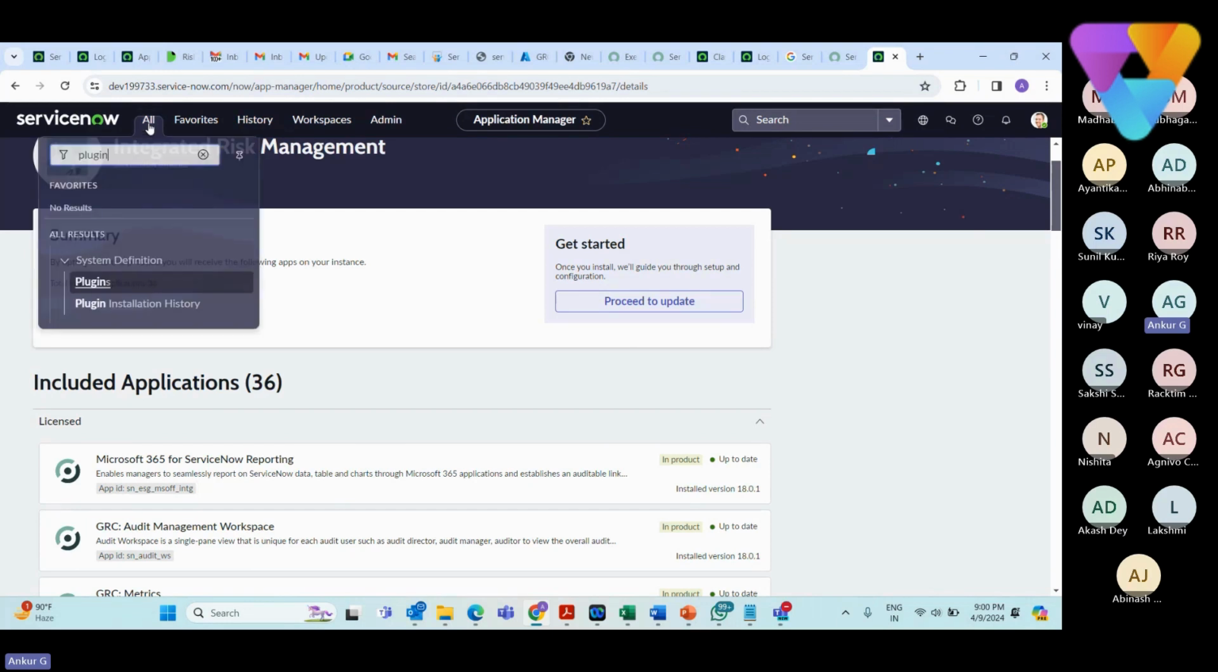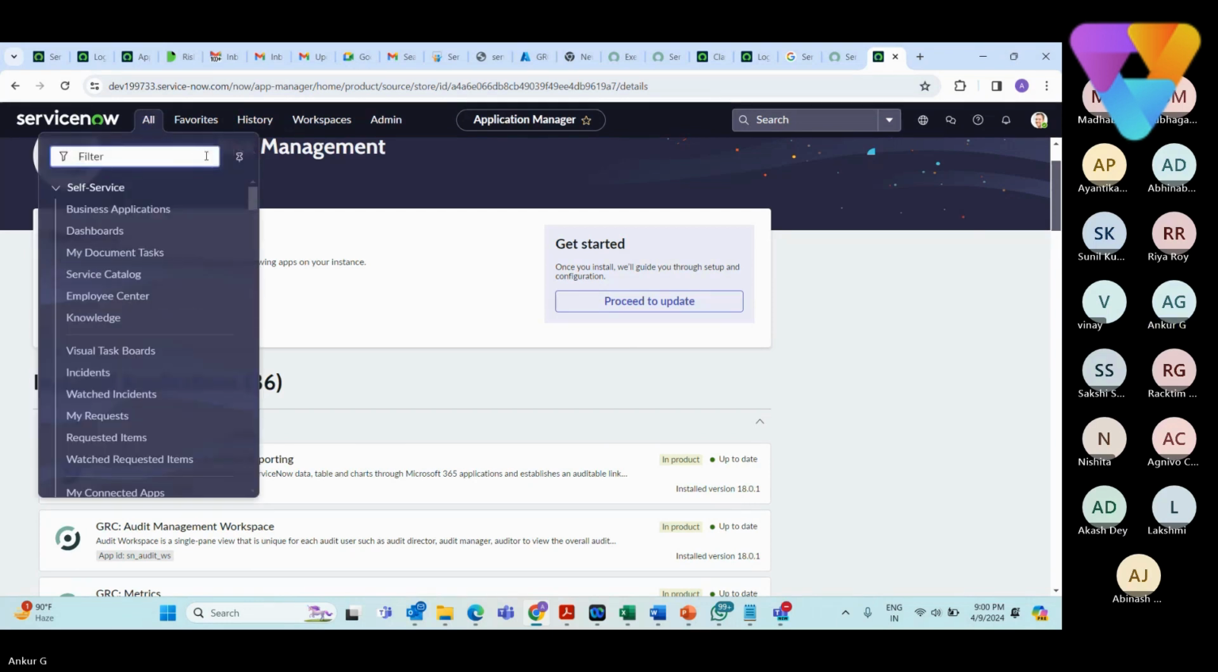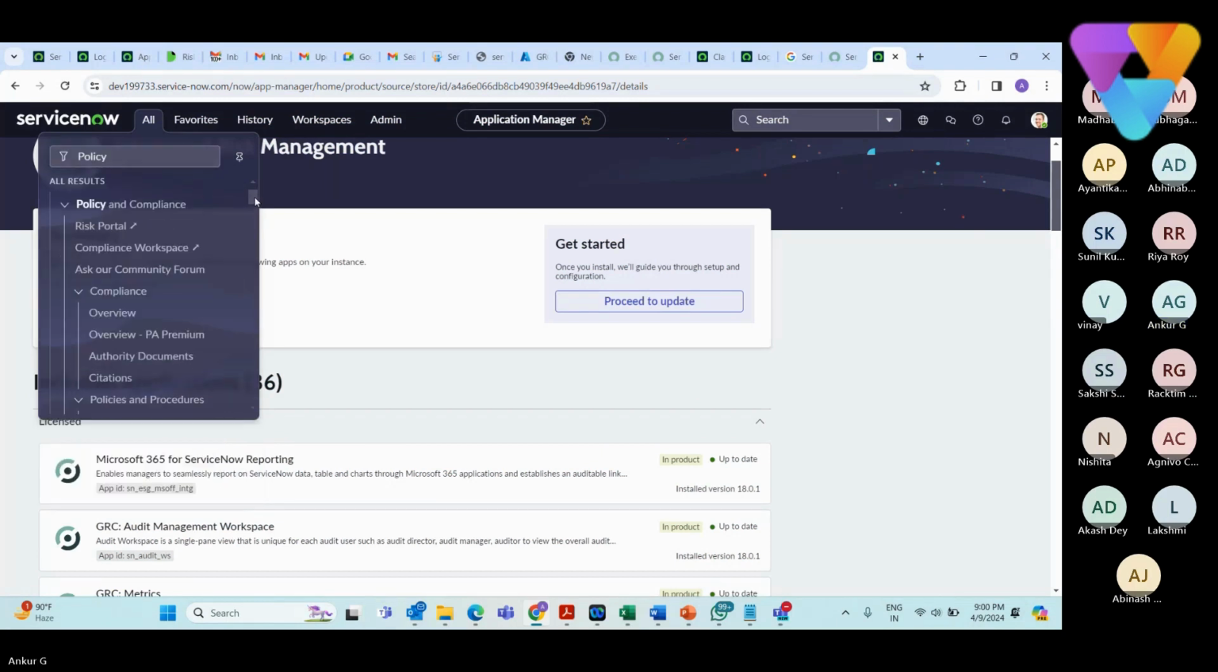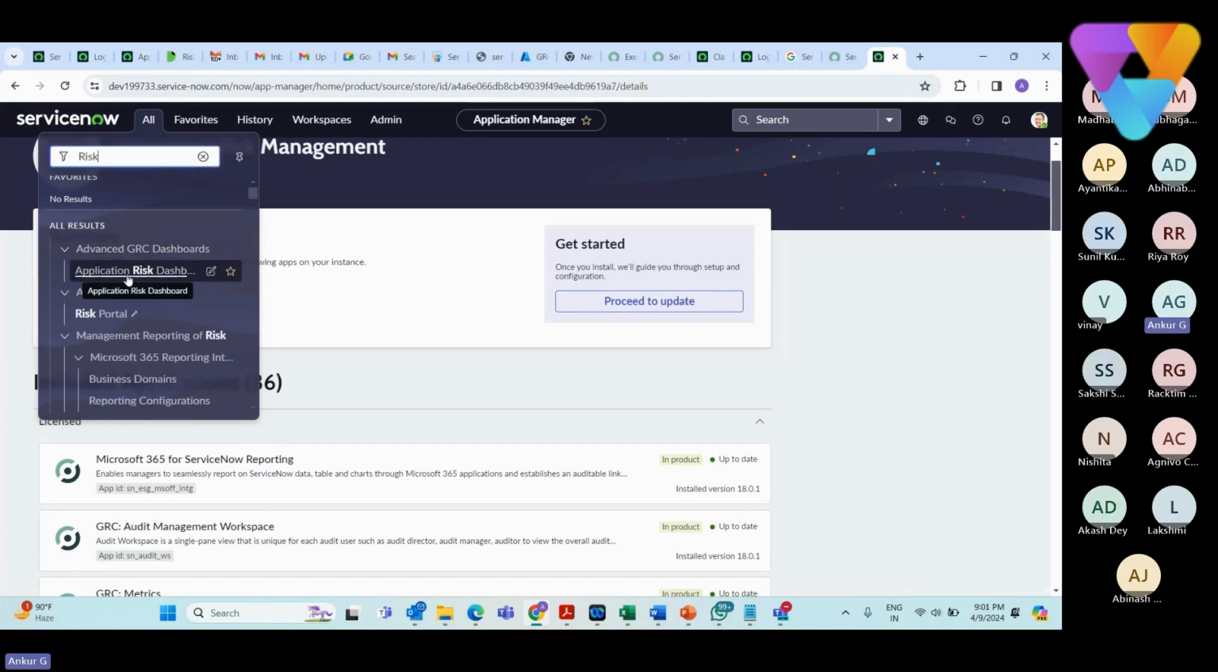Then you can go here. You can search for the, let me search for the policy. You can see policy and compliance. This module is also installed. This advanced